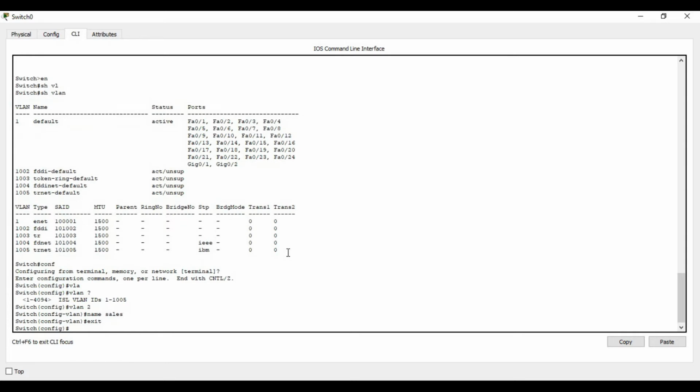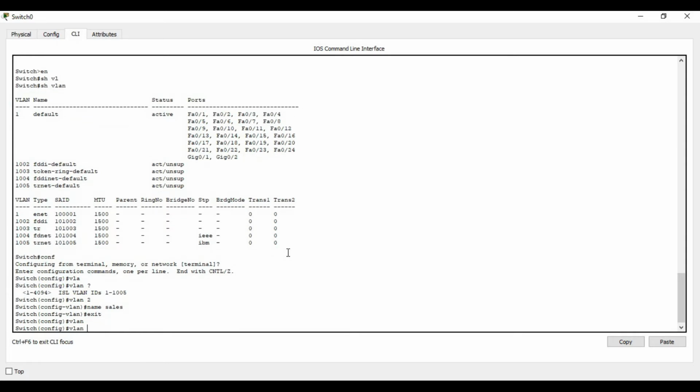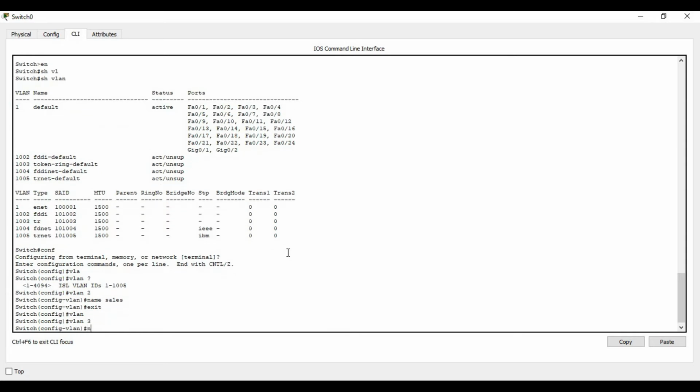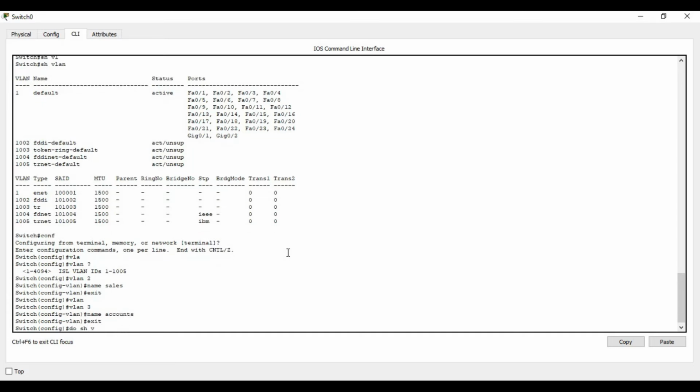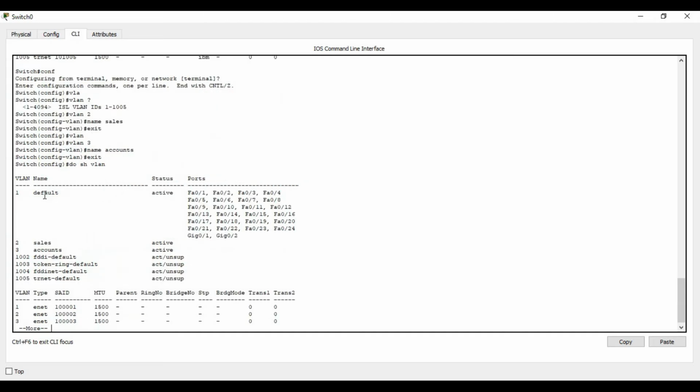I'll create another VLAN, VLAN 3, and give it the name accounts. Now we can see we have two new VLANs: one is sales and one is accounts.